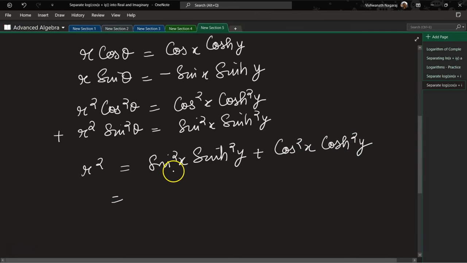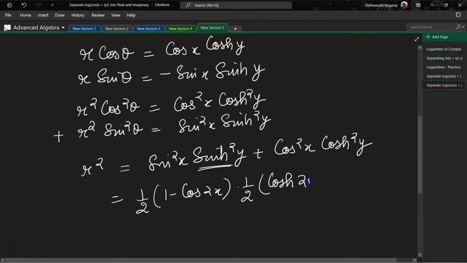Now, sine square x can be written as 1 by 2 times 1 minus cos 2x. Hyperbolic sine square y can be written as 1 by 2 times hyperbolic cos 2y minus 1, plus 1 by 2 times cos 2x plus 1,